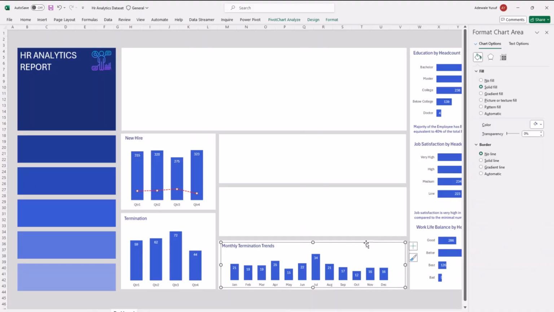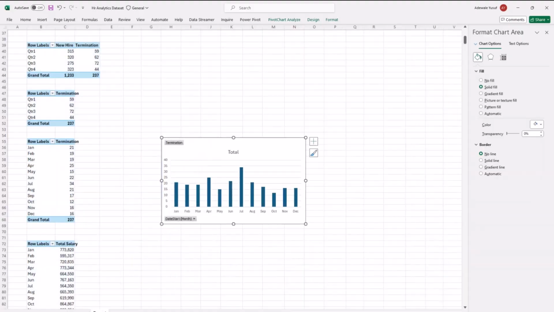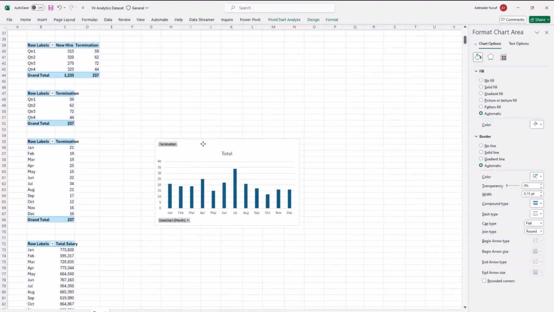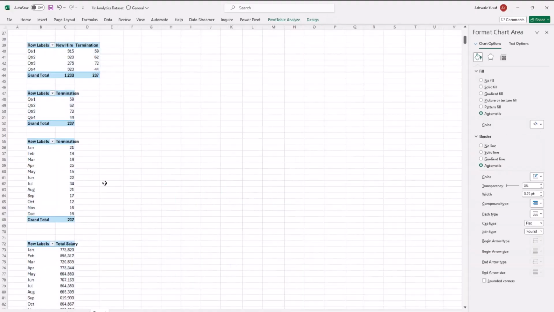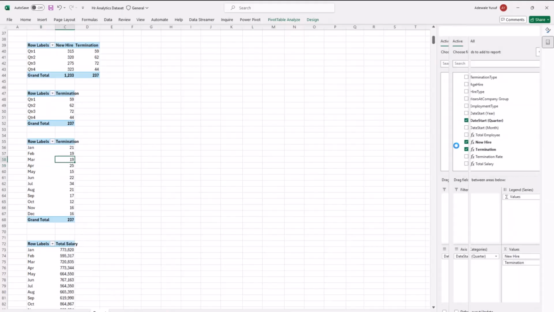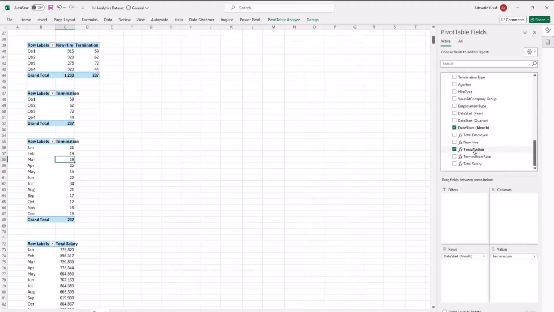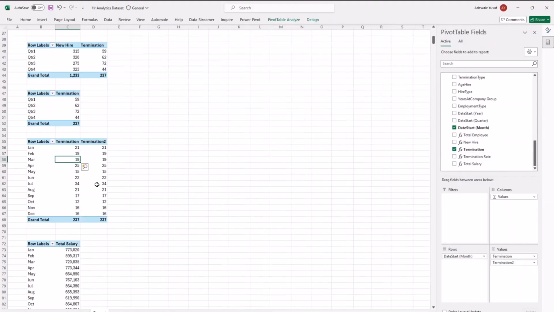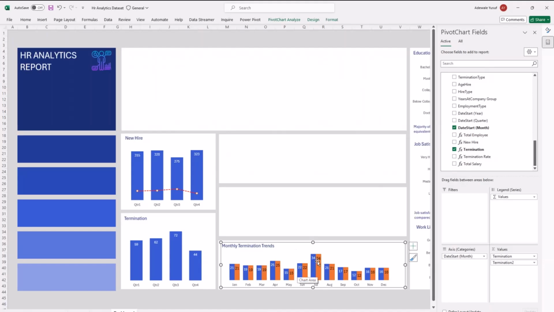Okay. So another thing I would like to do to this is I want to show probably something like a trend line that shows the biggest and the highest of this and how they actually connect and how they go. So the way I can do that is I can actually come back here to this monthly termination trend and add another termination. I know it doesn't make sense now when I add another termination because it's the same number. You can see the same number here. But that's not what I want to use it for. So when I go back to my dashboard, you see I have this.